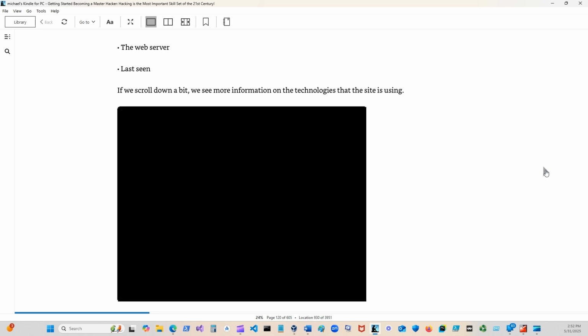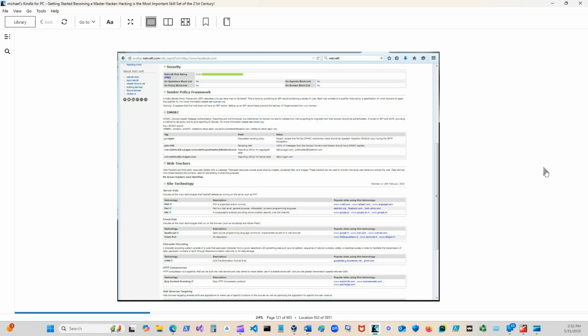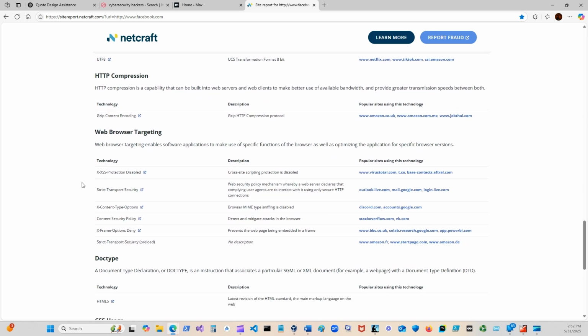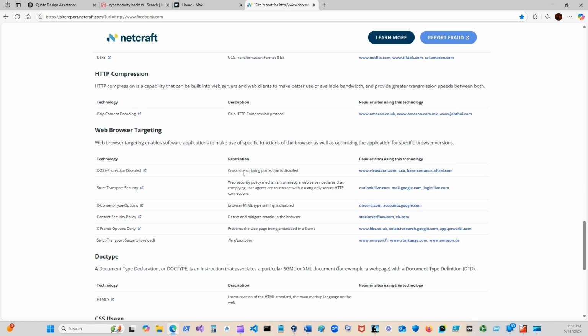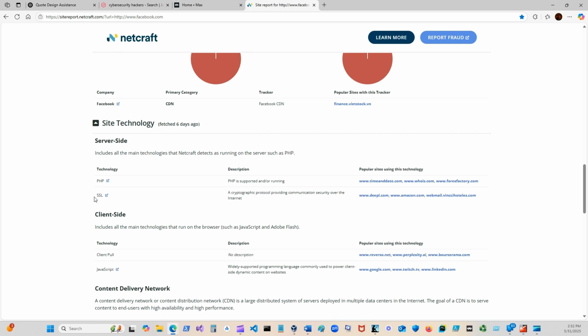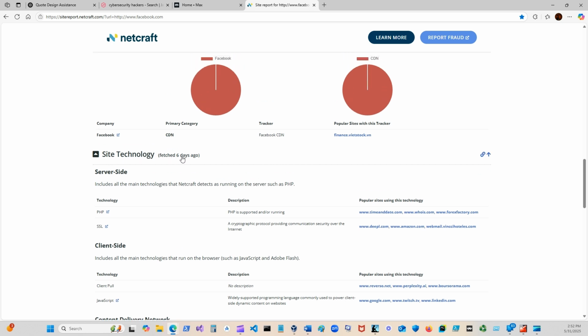If we scroll down a bit, we can see more information on the technology of the site: DMARC, web trackers, and web targeting. Cross-site scripting protection is disabled. So it's got a bunch of information on here. Site technology fetched 6 days ago.